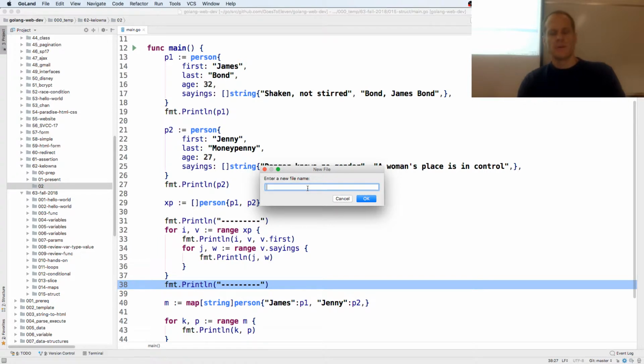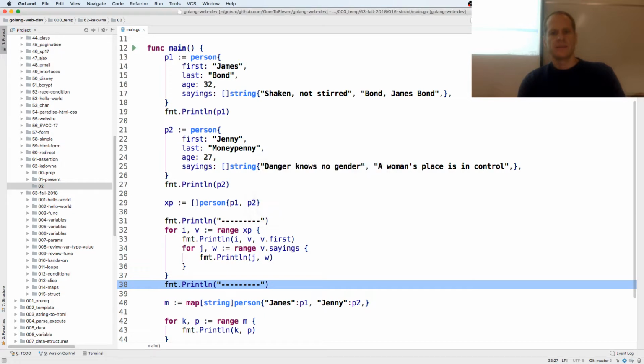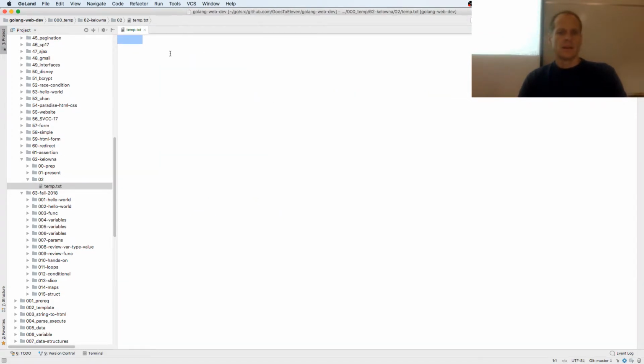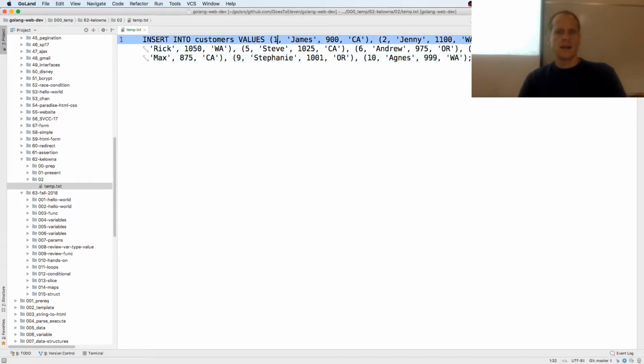This new file will be temp.txt. And then there, I'm already at 11, so it's going to be 12. Well, it'd be easier if... well, I guess that works. And this will be 13, and this will be 14,